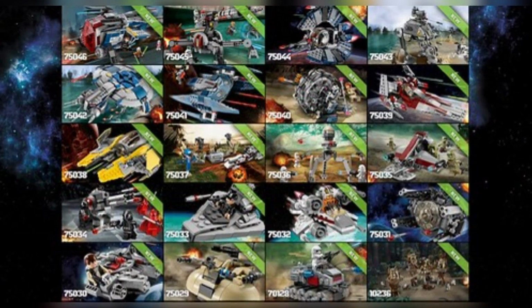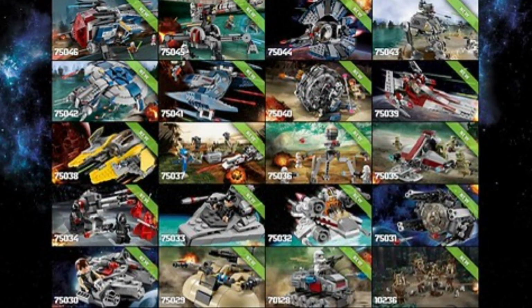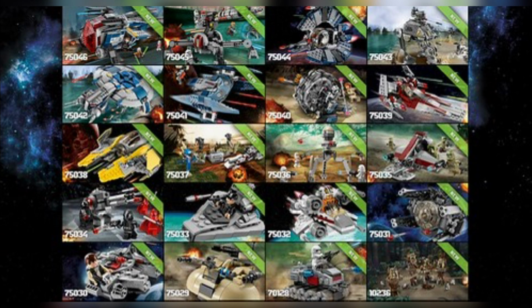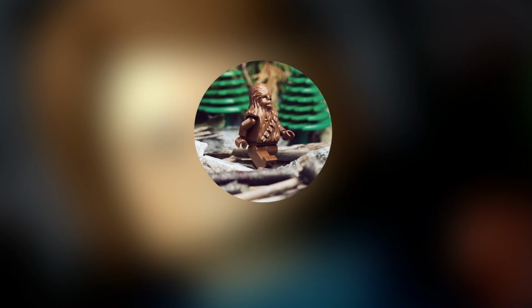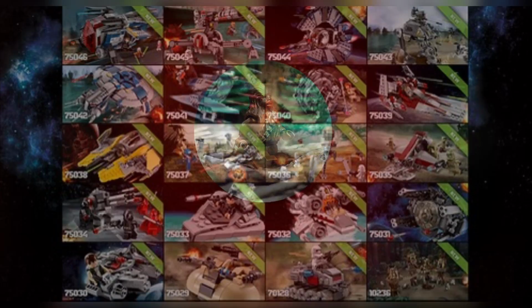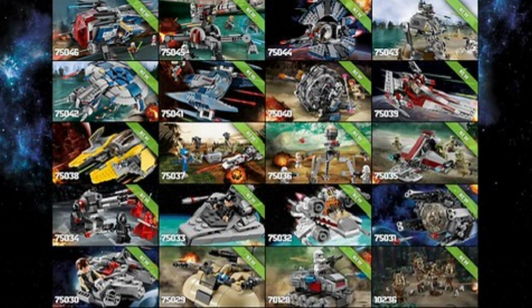The first main wave in January, we got 22 sets. Yes, 22 sets in one wave. Now, 3 of those sets were polybags, but still, if you exclude those polybags, that's still 19 main sets in one wave. Although, like I just said, I don't think getting this many sets in one wave is the greatest idea. But anyways, this opening January wave was quote-unquote the prequel half of the year,